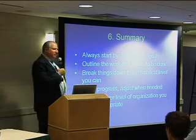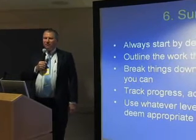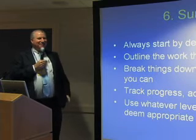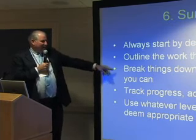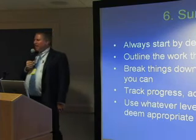Outline the work that needs to be done. That's really easy to use. You don't need to buy Project. Most of us have Word, or if you buy a computer these days and don't want to spring the $150 for the student home edition, you can use Microsoft Works, which comes with Vista now, and it allows you to do the same thing. Break things down to the smallest level that you can, because it's easier to manage